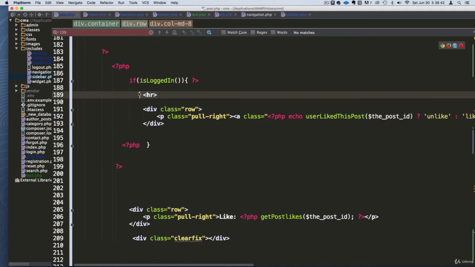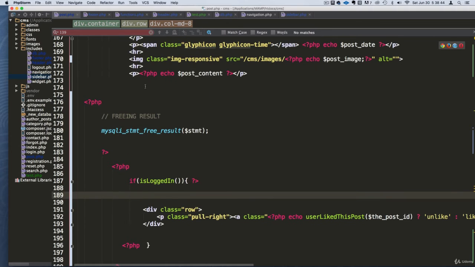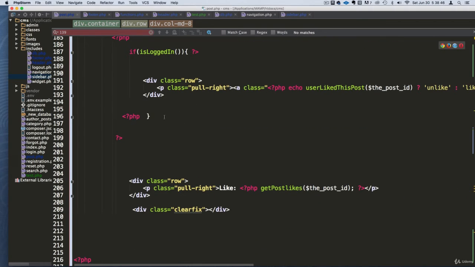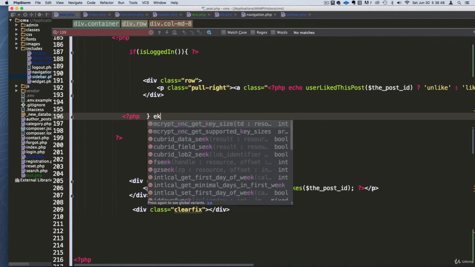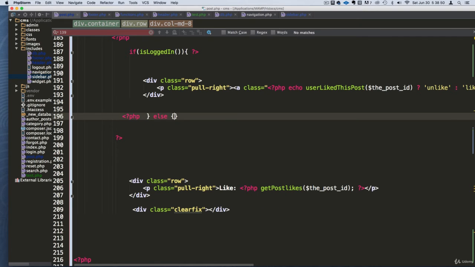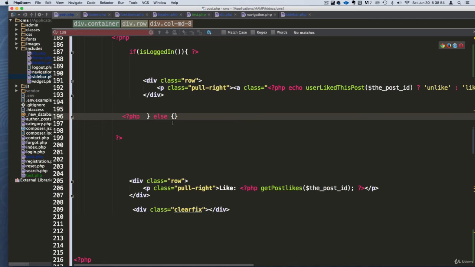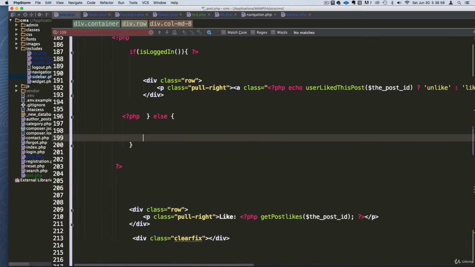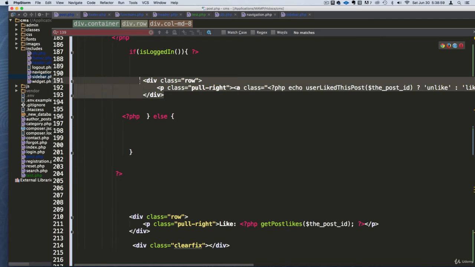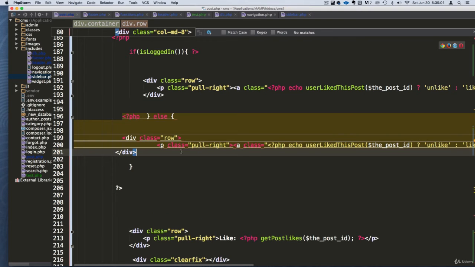This HR is not part of that. Let's put it right here, and we just say else. We can show them another button. Let's copy this, and oops,